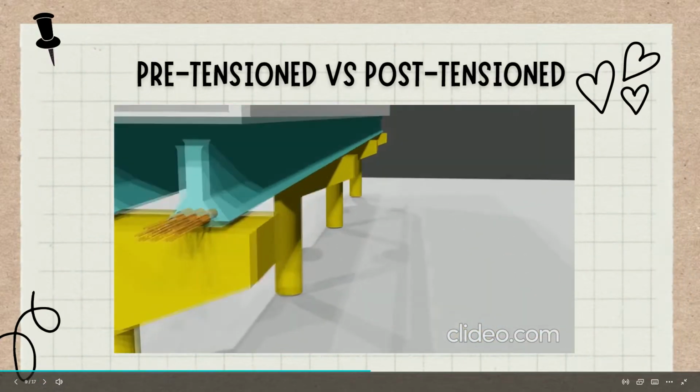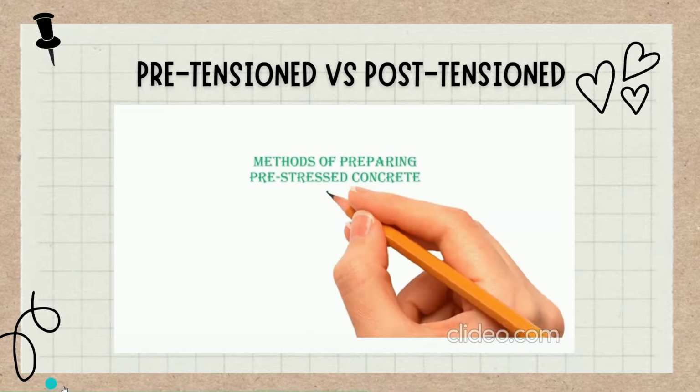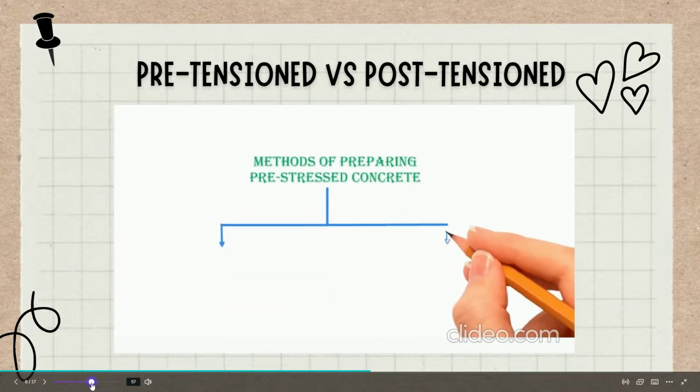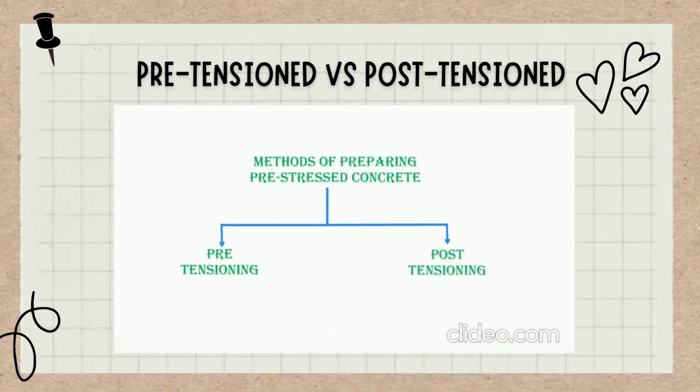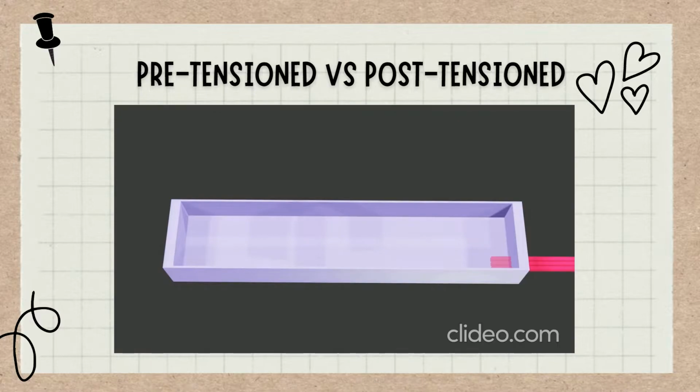Prestressed concrete is prepared by two methods. First one is pre-tensioned concrete, and second one is post-tensioned concrete. Never be confused between prestressed concrete and pre-tensioned concrete, because pre-tensioning is the method to prepare prestressed concrete. In pre-tensioned concrete,